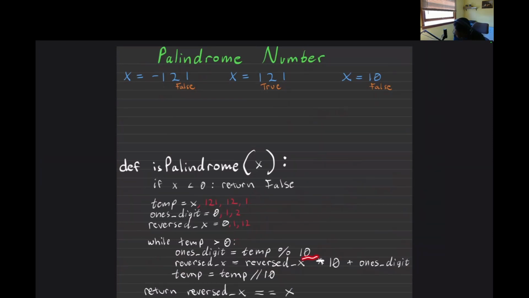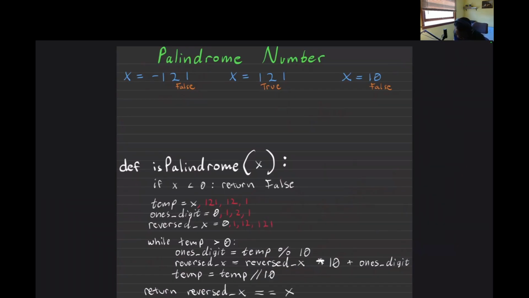So the ones digit is equal to temp mod 10. Okay? So the ones digit here, 1 mod 10, it just gives us this 1, right? So the ones digit becomes a 1. Reversed is equal to reversed times 10 plus the ones digit. So 12 times 10 is 120 plus the ones digit gives us